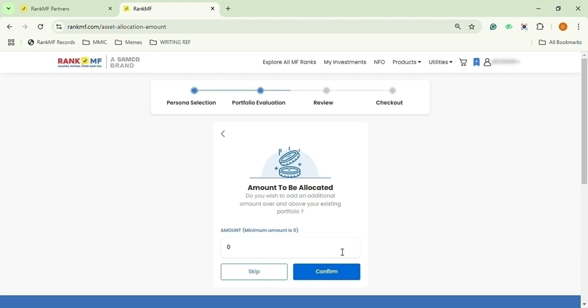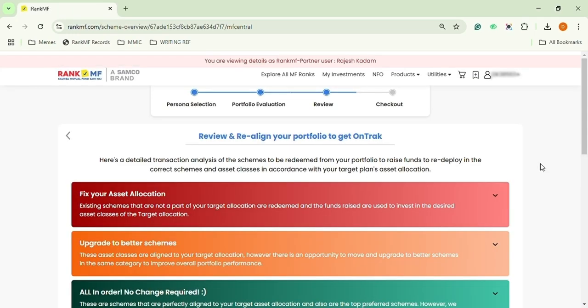At this stage, if your client wishes to make a fresh investment in a selected persona, you can enter the additional amount. If they choose not to, you can simply skip this step. On the next screen, you will be taken to the Review and Realign page.